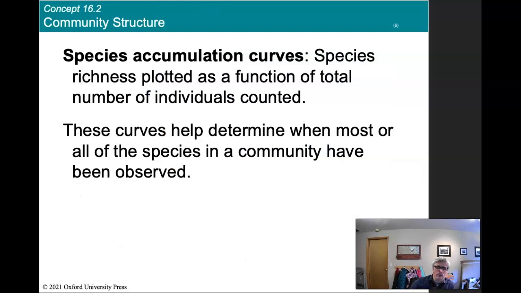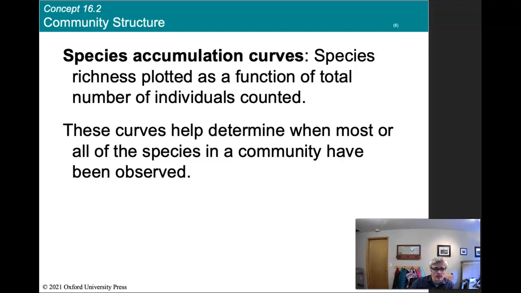We can also look at species accumulation curves. That species richness plot is a function of total number of individuals counted. This is widely used because the number of species you count is directly relative to how much effort you put in. If I'm trying to count insects in a stream, and I throw my quadrat and it lands on a stream,